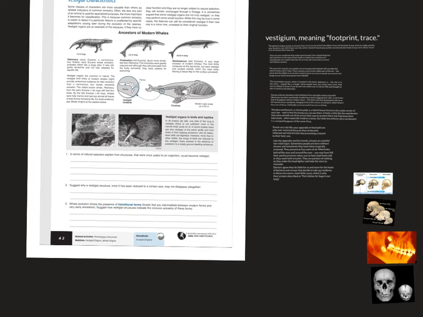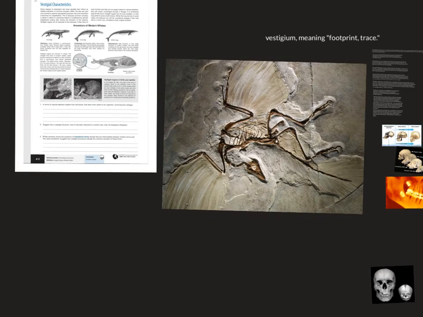So transitional fossils are transitional forms, right? Those are fossils that we find that are in between. The example is the winged dinosaurs, right? So here's a winged dinosaur fossil, a fossil where you can see the wings. It's an impression, obviously, of the feathers. You can see feathers. They have wings.